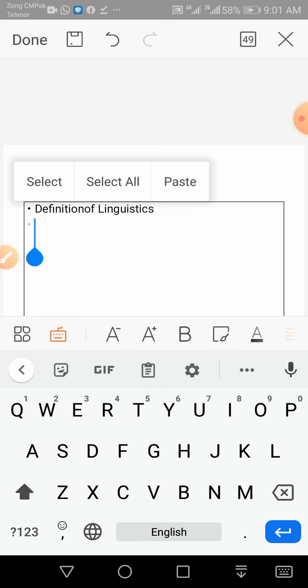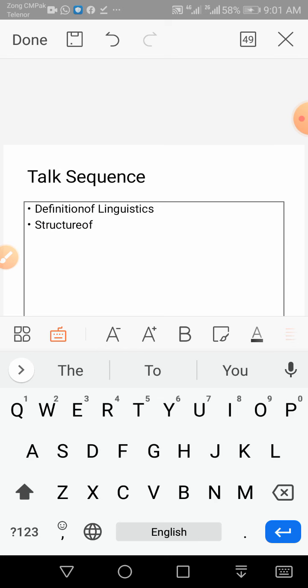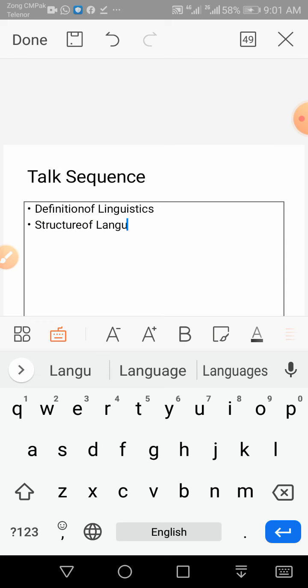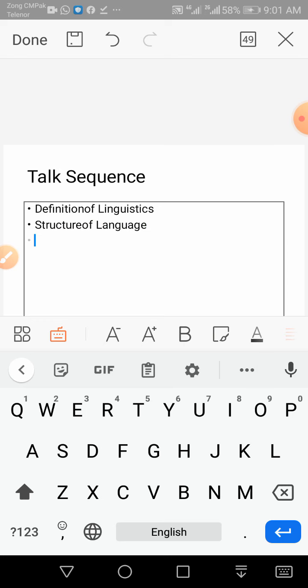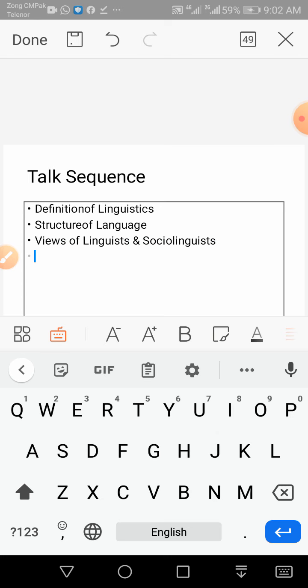Then we have structure of language. Then, let's say, views of linguist and sociolinguist. This is, I mean, structure of language. They have two different views.